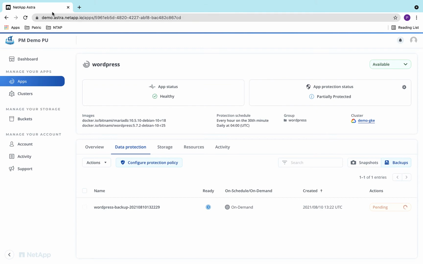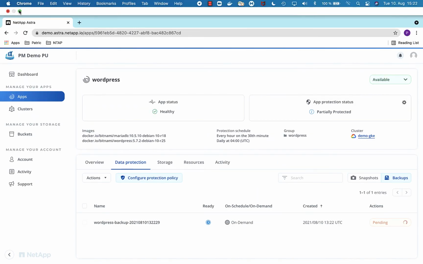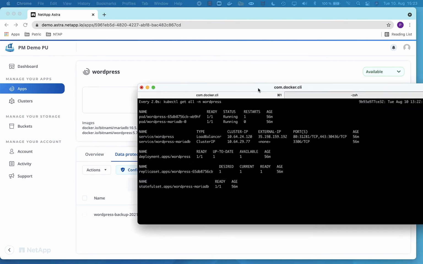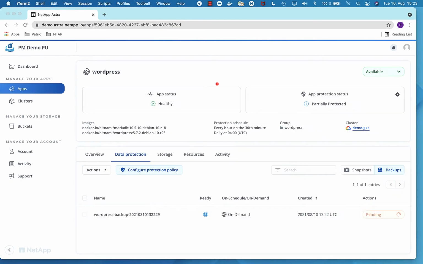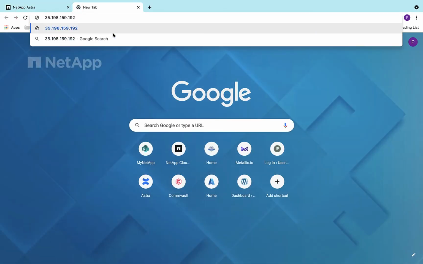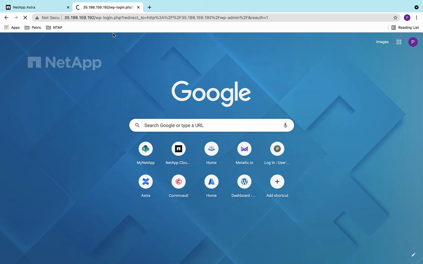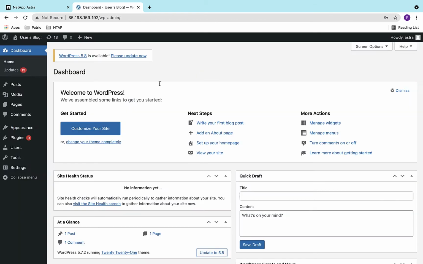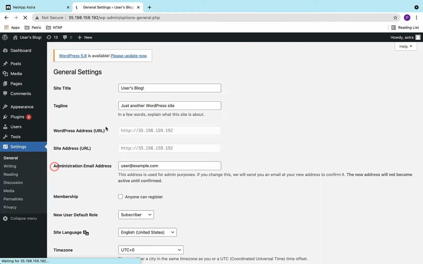While the backup is being taken, let's modify the WordPress application a bit. We give it a different title for demonstration purposes.